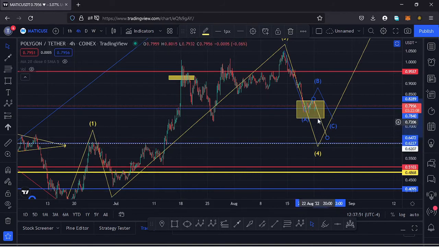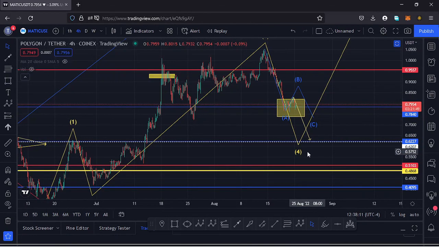So in case we continue seeing lower prices, lose that key area of support, maximize our yellow target area in the formation of our wave 4, then continue seeing lower prices, which might get us to around the $0.62 mark, then that move will be invalidating my Elliott wave structure here on the charts, and I might have to restructure it. So let's be patient and see how that plays out.